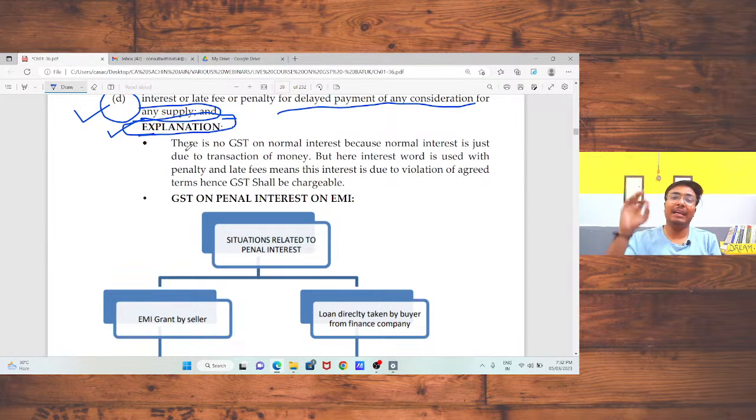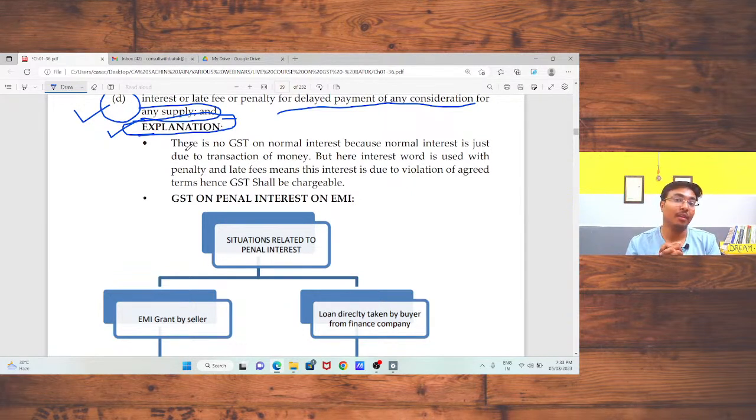I want to buy one washing machine. For that purpose, I have contacted one supplier. And I have no money. In that case, I said to my supplier that you need to provide the loan facility, the credit facility to me, and I am going to pay the installment to you. And you should pay that installment to your credit agency. If I default in paying the installment, I need to pay the interest. On that interest GST should be charged, because this interest is due to my violation of